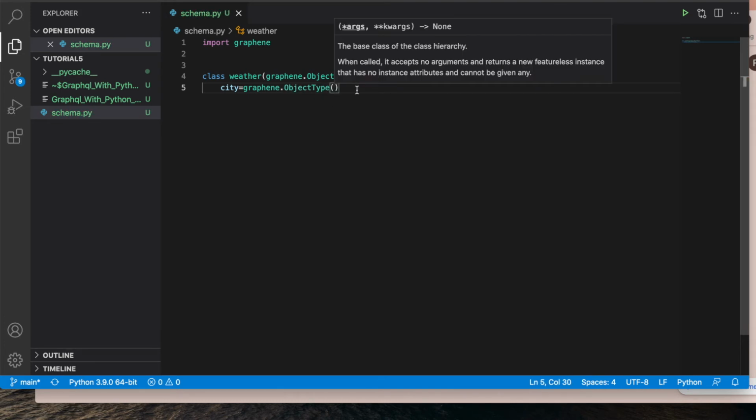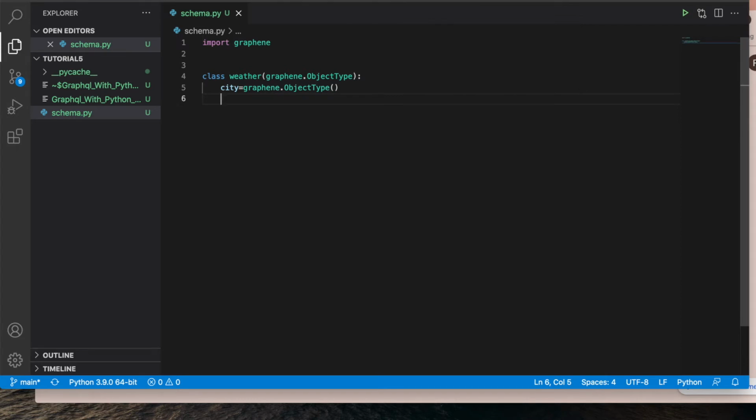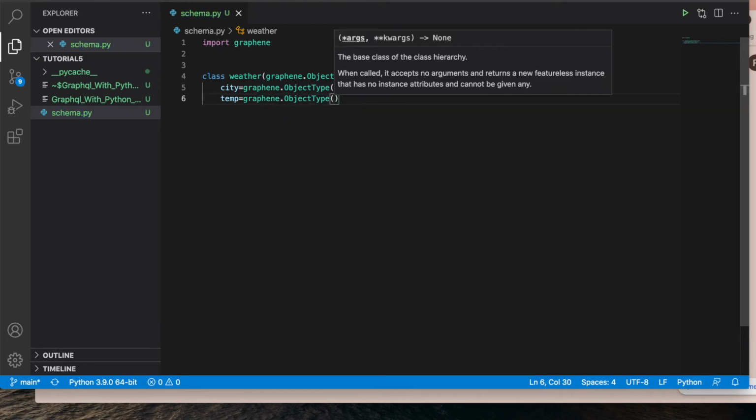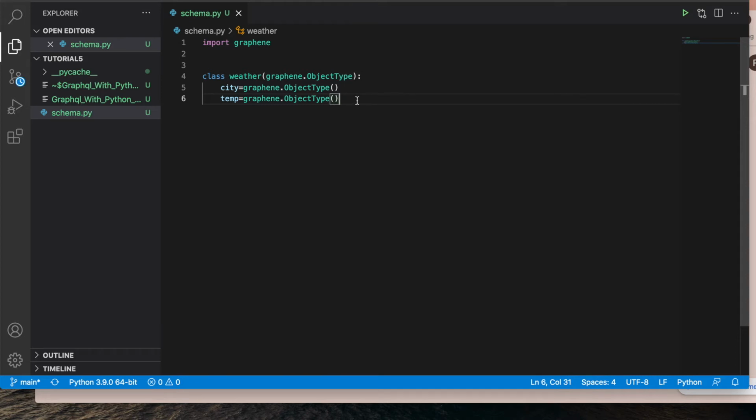This is my city name, and maybe I can write the temperature: temp equals graphene.String. So my schema object has been developed.